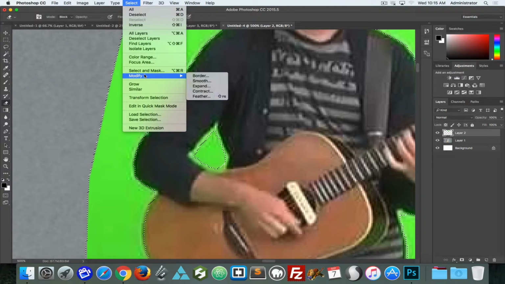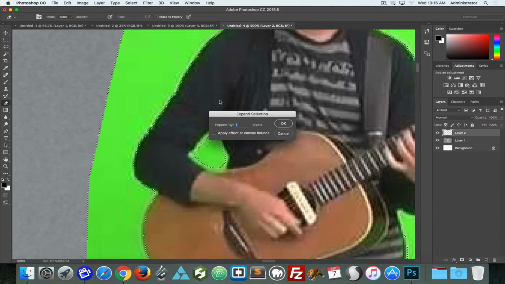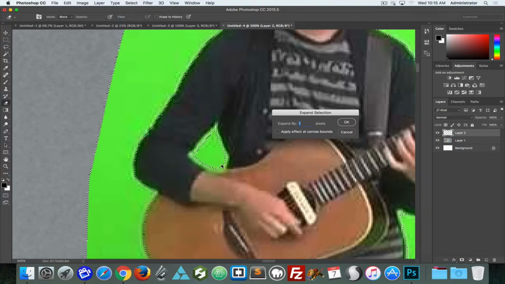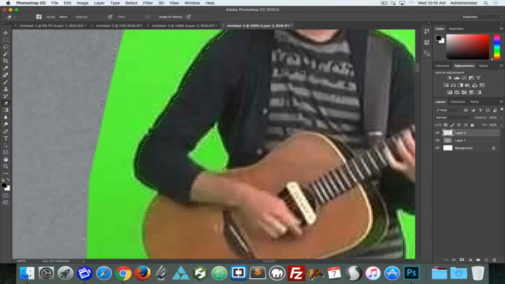With what I do have selected here, it is possible that we can modify the selection to at least try to be a little bit better. And if we do that, we can decide, okay, well, let's expand it out. Because remember, the emptiness around it is selected. So we're going to make it cut into the figure a little bit more. And I'll say, well, let's go in 2 pixels. Now we can see how it went in, but we'll notice